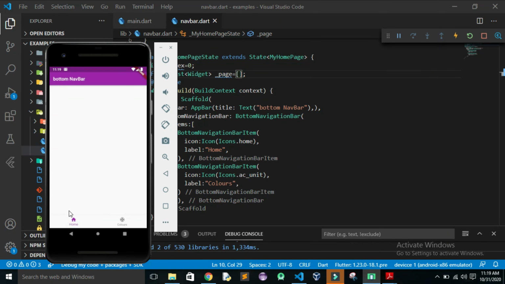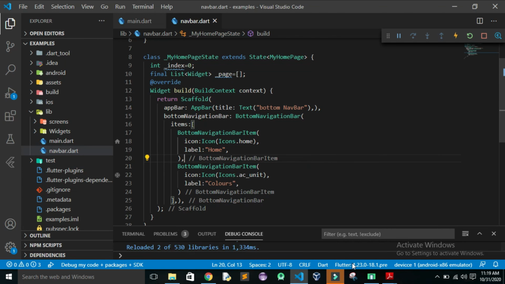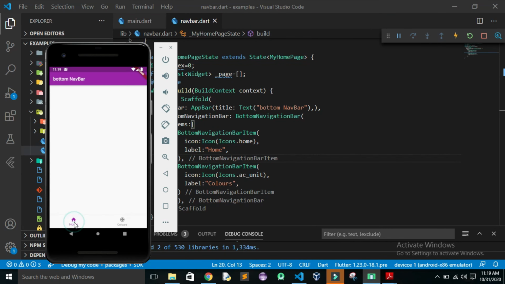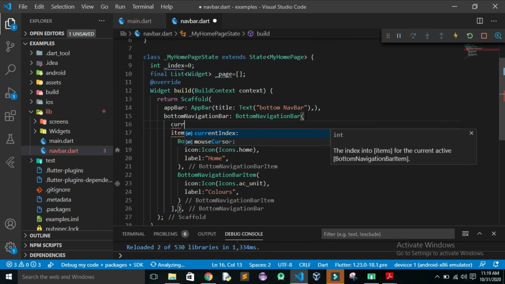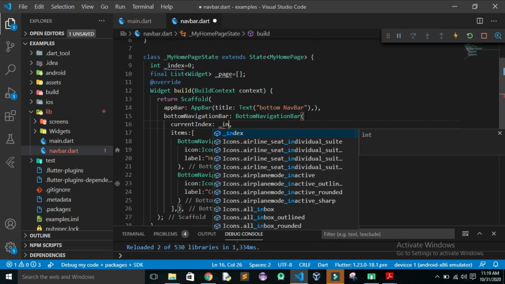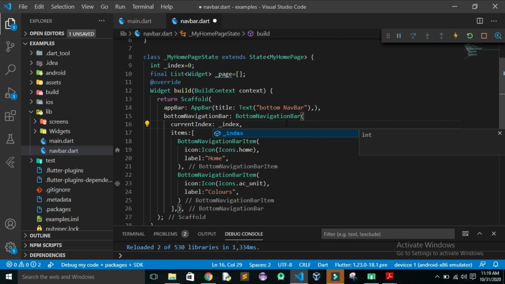Okay, now you can see here that once we have saved our code, we have the options home and colors. You can also see that when we click on this, the color remains the same, and when we click on this, there is no change. In order to change that, we have one more option, currentIndex, and here we'll assign it the index value.